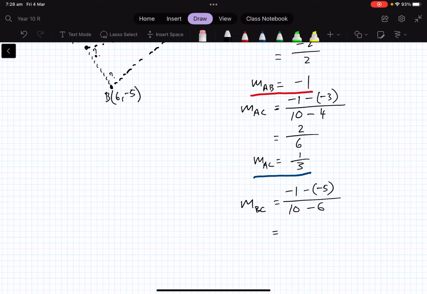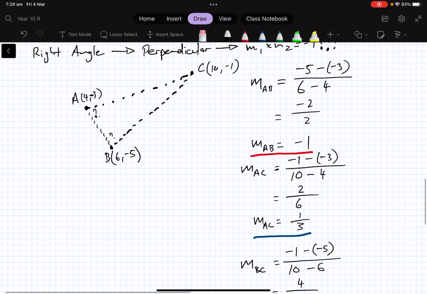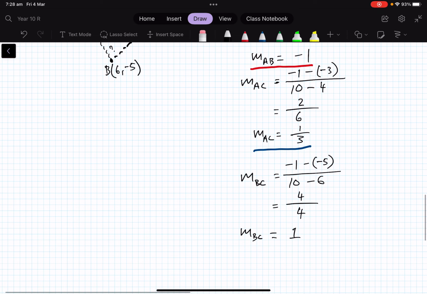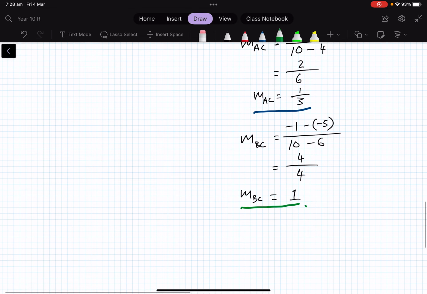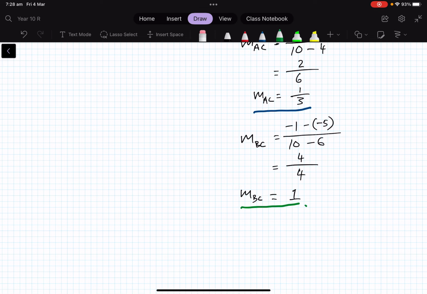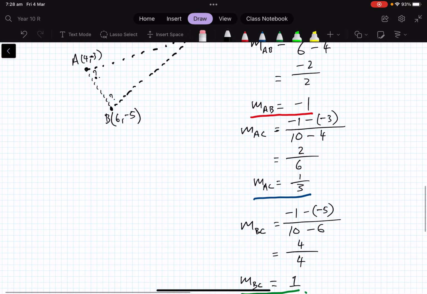Well, -1 minus -5, that's adding the 5, so it's 4. 10 minus 6 is 4, so that's equal to 1. I've got 1. m_AB is equal to -1. What do I think? Well, they are perpendicular. So this angle here must be right-angled. I'll do that in red. It must be right-angled